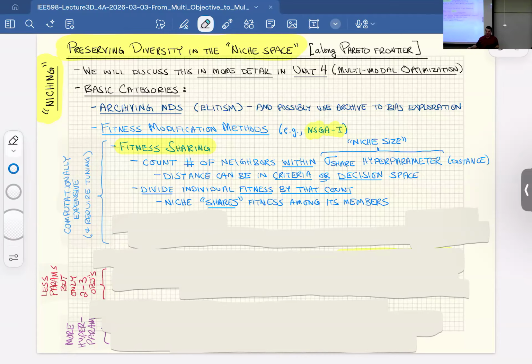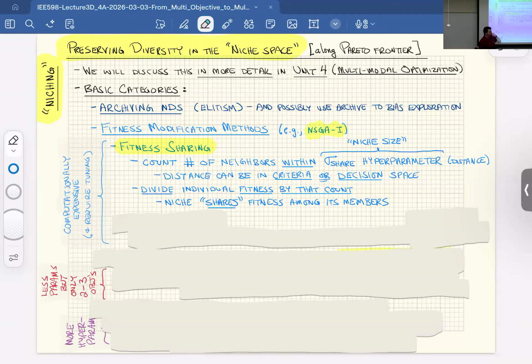So if you have 100 individuals, then for every individual to figure out how many individuals are around it, it has to iterate through all of the other individuals to see whether they are close enough to degrade its fitness. So these fitness-based methods tend to be computationally expensive, which is why they end up giving way to other methods. But they're the first thing people thought of. And the mascot for these is fitness sharing.